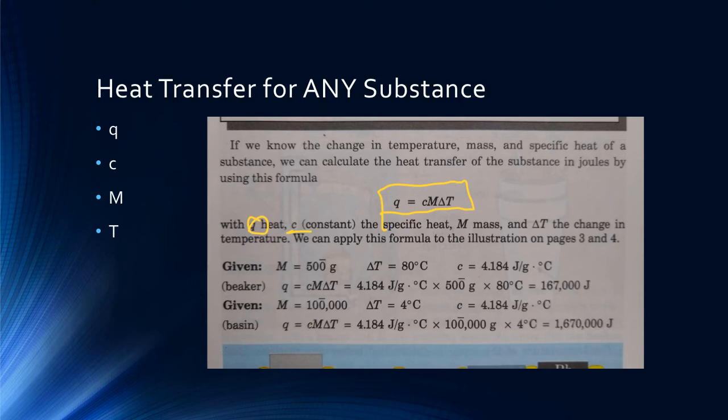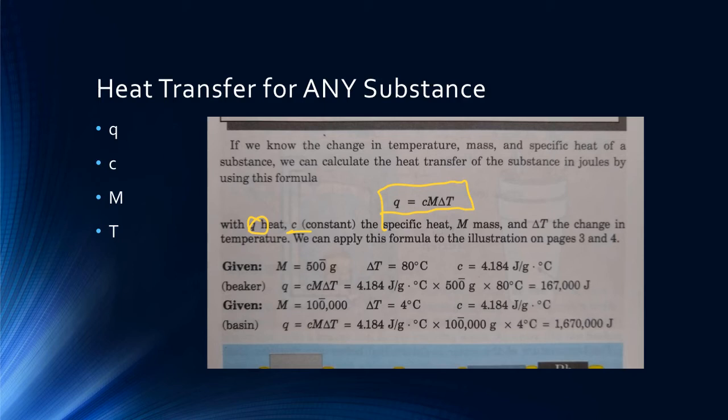And compare that to a basin. I think this is going back to the picture on the top of page 4. If we had a basin of water that was, look at the mass there, 100,000 grams, that's a lot more. They didn't put grams there, but they should have. Unless they were only raising the temperature 4 degrees, still water, so 4.184. And then if you multiplied that together, notice the answer you get,